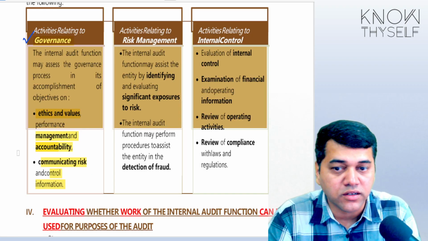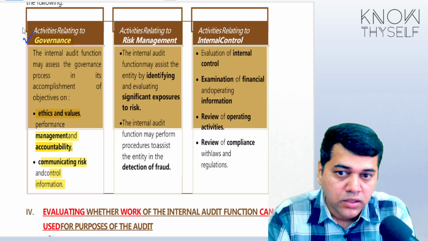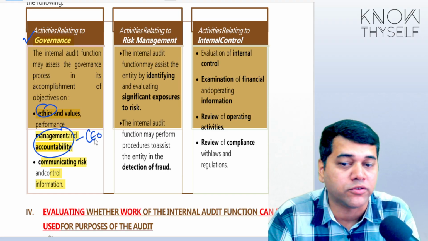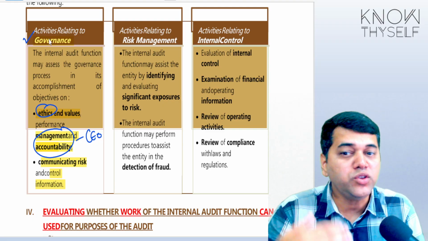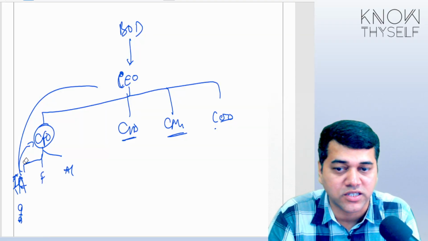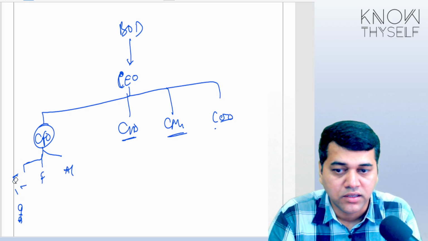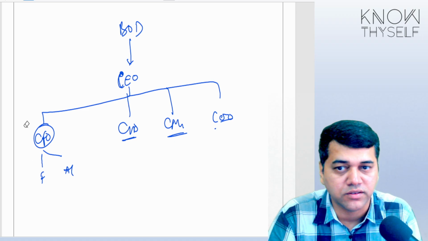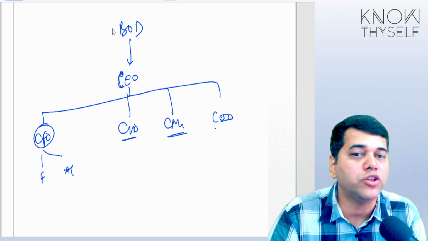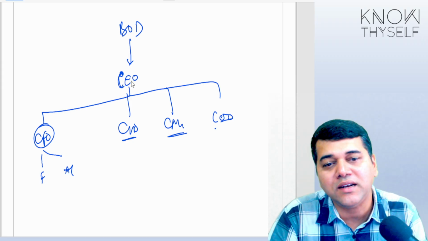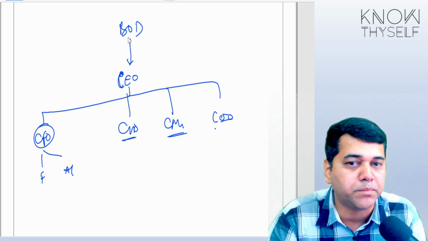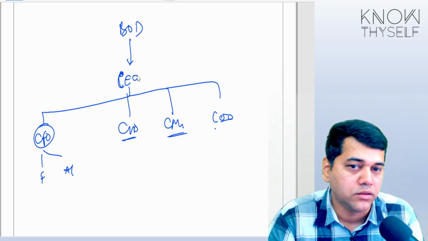But if you see here, they are supposed to do ethics and values, management accountability. Management includes your CEO also. So how can they help in governance? For this, the modern organization structure will look like this. They have been removed from reporting to the CFO and they are not even reporting to the board. The board and the CEO himself could have been the chairman, or the person who is generally controlling that board.